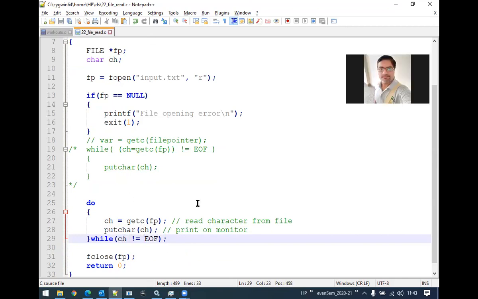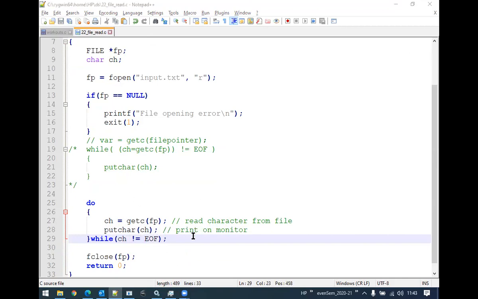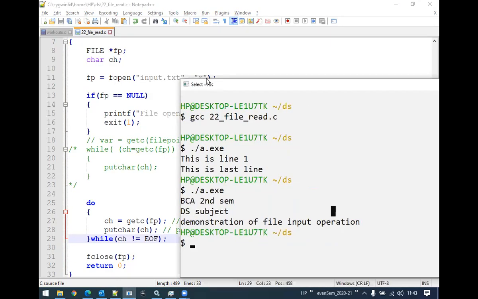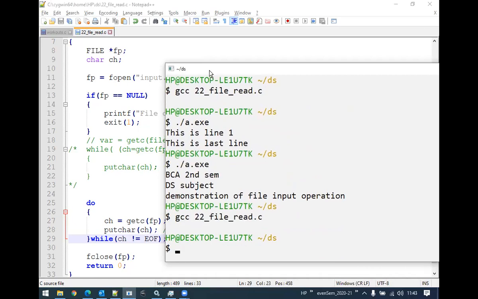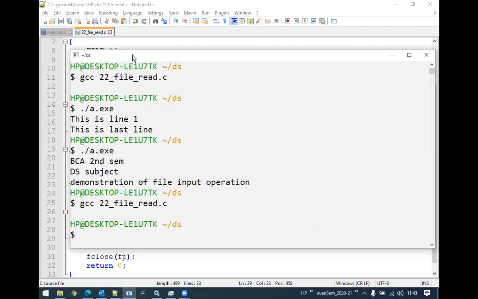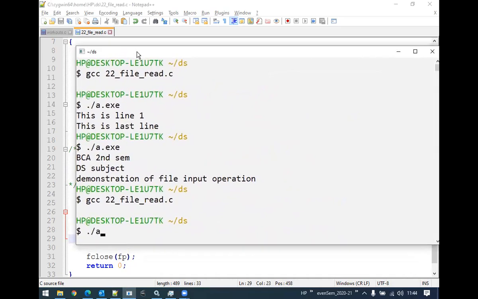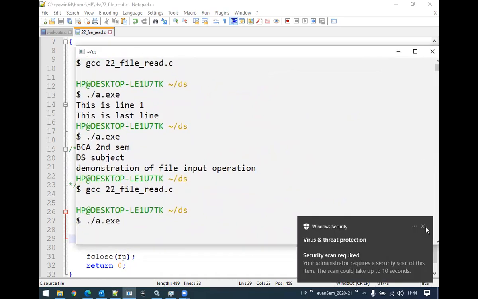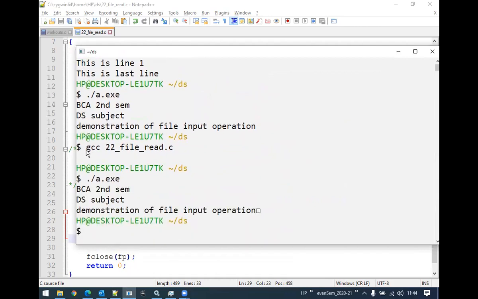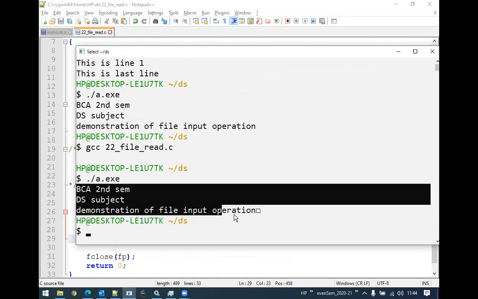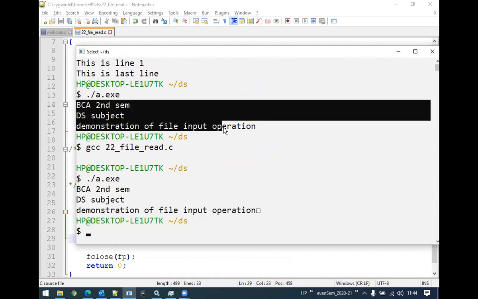Okay. Now, with this approach, with these particular lines of code, if we run the program, you will see the difference here. Let me compile the program since we have modified it. Compile. Let's see if there are any errors. No errors. Now execute the code. Let it display the content now. This is the output, right? Using do while, and this is the output using while.